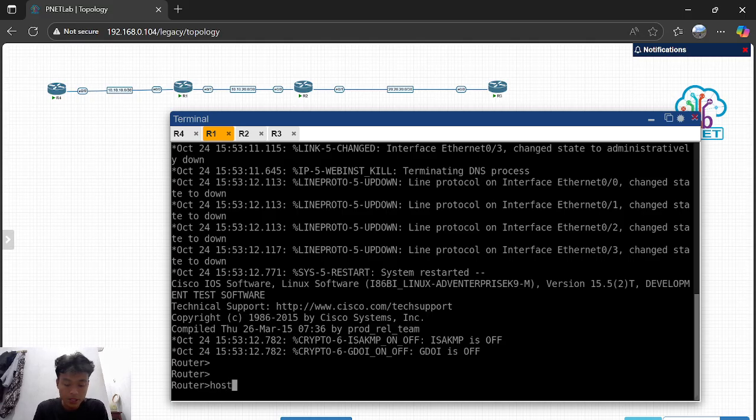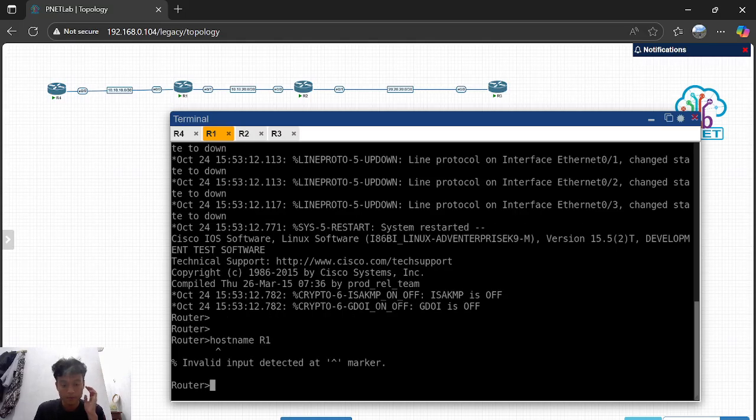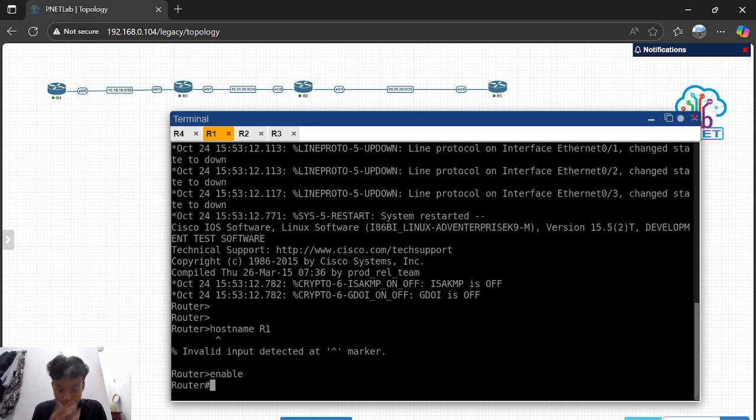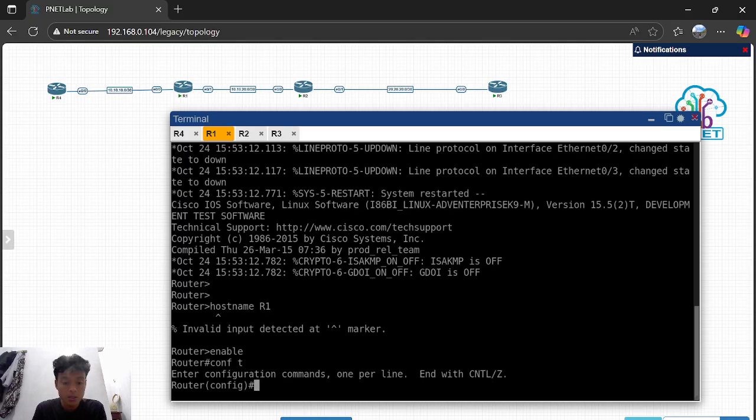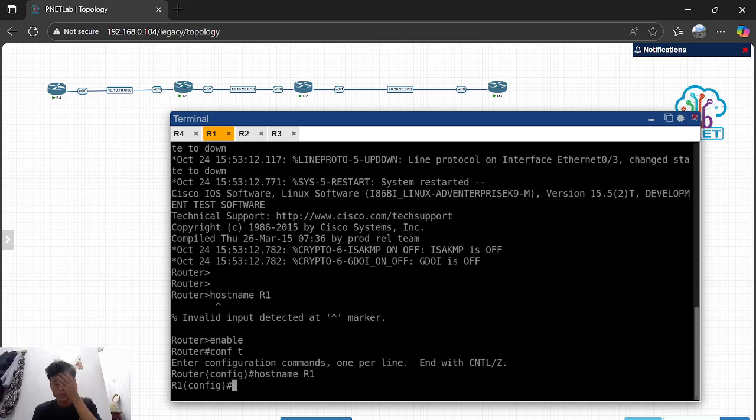First, you can set the host name with R1. I'm sorry guys, you can enable first, and then you can conf t. So this is where you set the host name. Then the IP address like this.